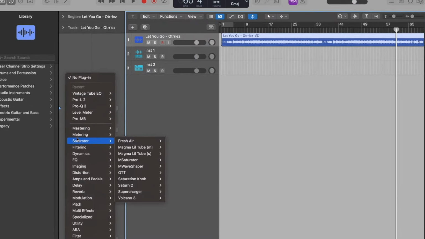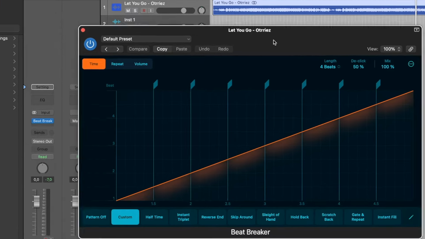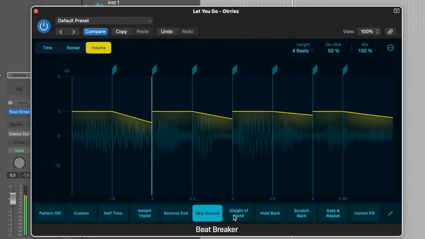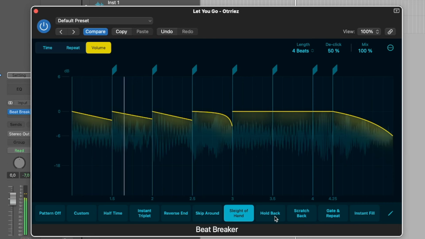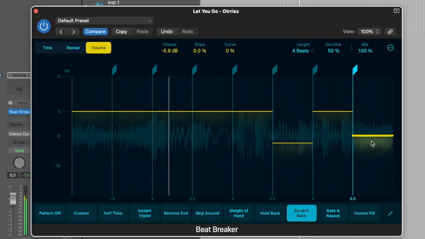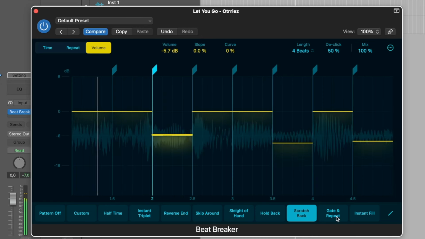Let's move on to the Beat Breaker tool. This plugin is like a game changer. It lets you totally remix and arrange audio on the fly, chopping it up, mixing it up, and even adding some crazy scratching effects. Not only can you play the audio portion in any order you like, but you can